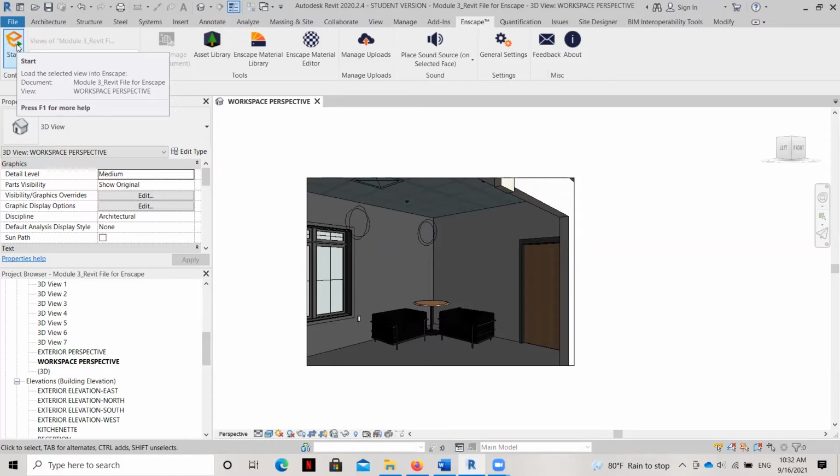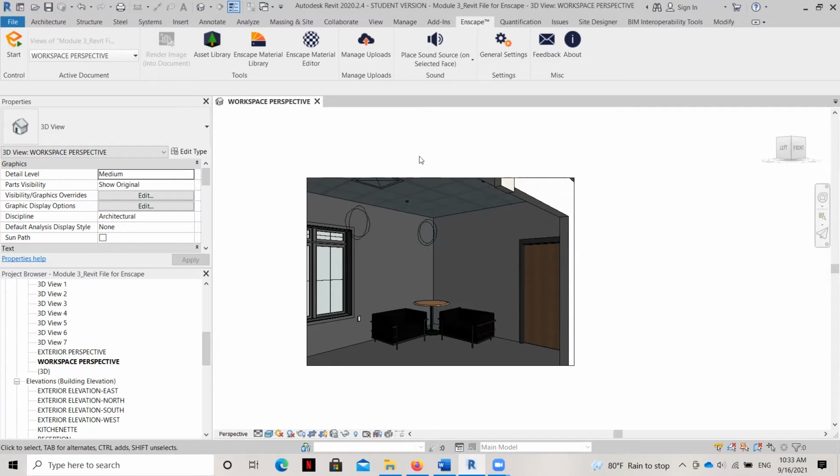What you'll see when you hit this is a dialog box will appear in the middle of the screen, and it'll have three buttons on it. The one on the left will have a readout of how many days are left of your educational trial, and it should be 14 days or less. Now, if you have not done so already, what you need to do is activate your educational version so that you have it for 24 months.